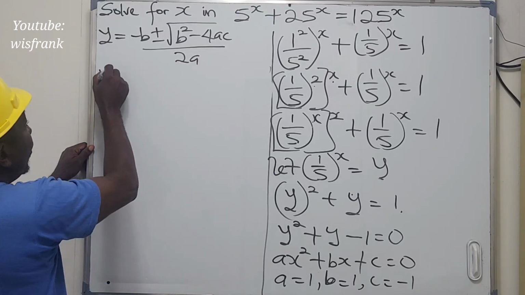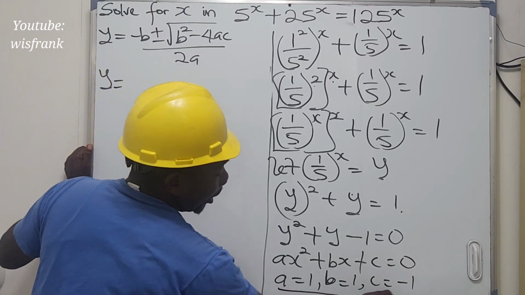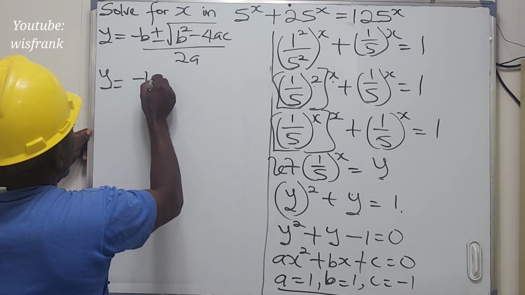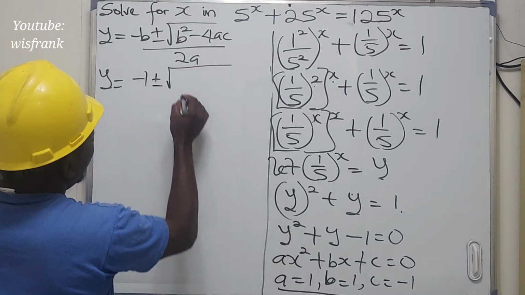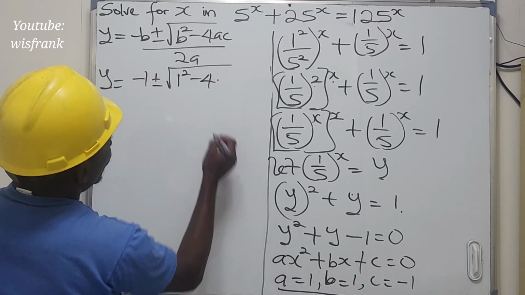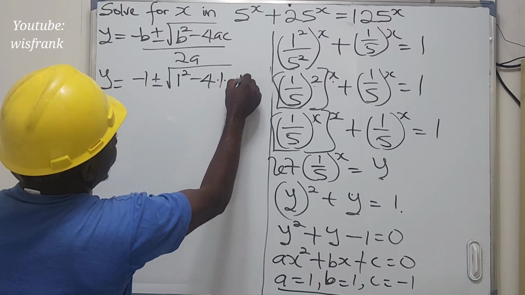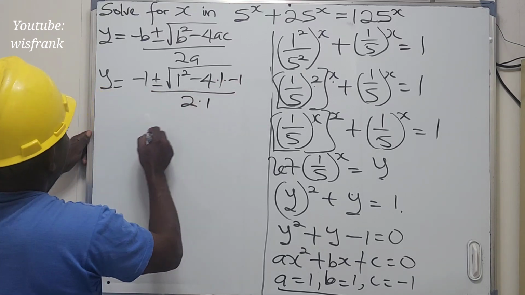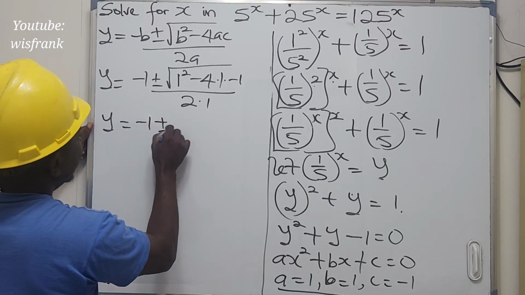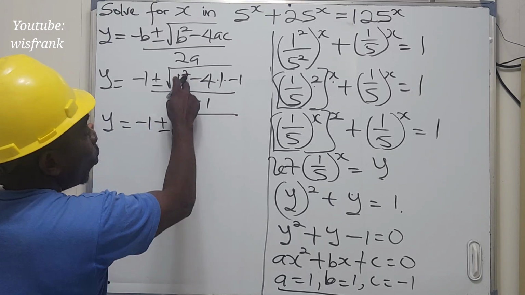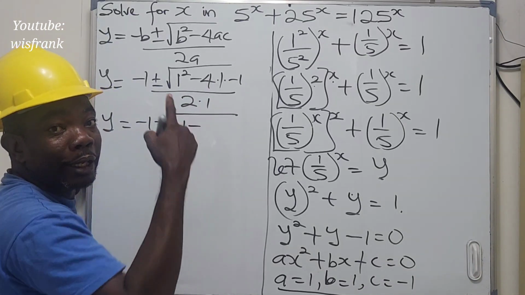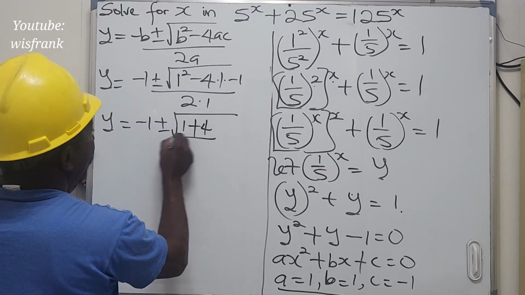So in this case, our value of y, putting these parameters in this quadratic formula, we have y equals minus b, which is minus 1, plus or minus the square root of 1 to the power of 2 minus 4 times a. Our a is 1 and our c is minus 1, all over 2 times 1. So y here is the same thing as minus 1 plus or minus the square root of 1 to the power of 2, which is 1, then 1 minus 4 times 1 times minus 1 will become plus 4, all over 2